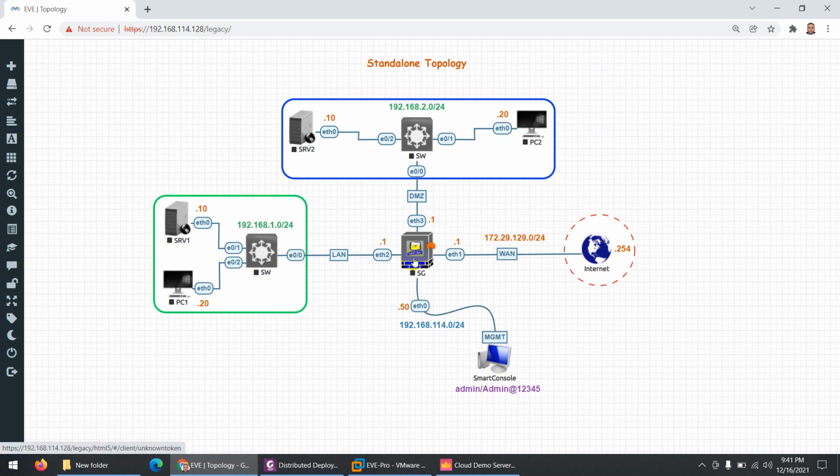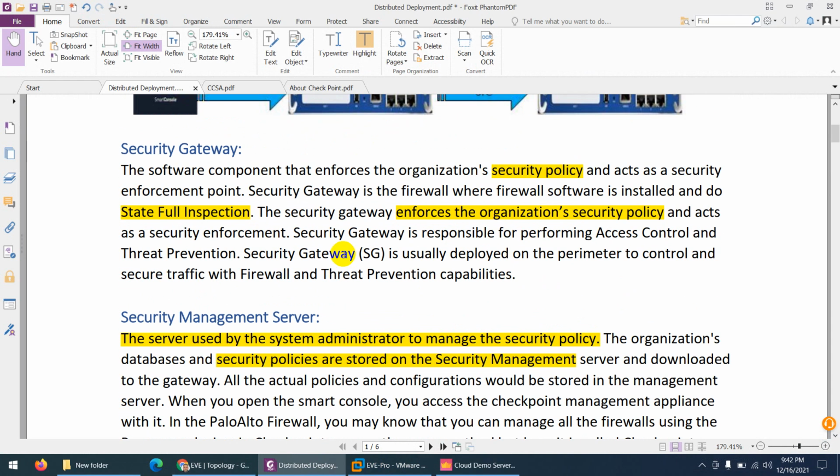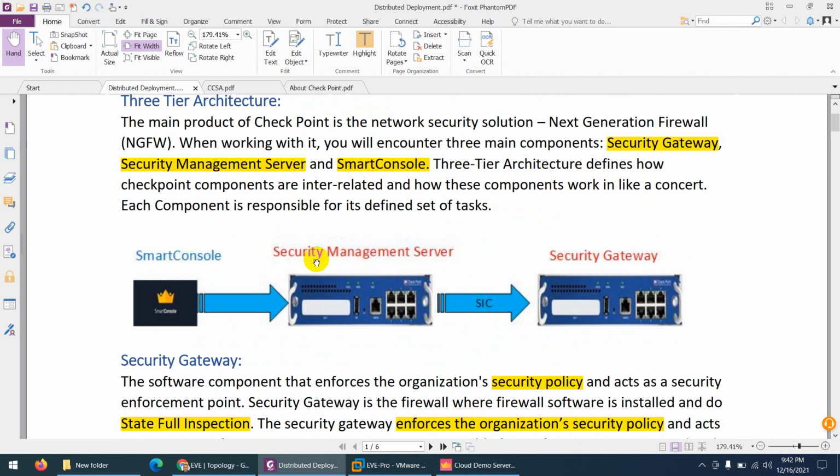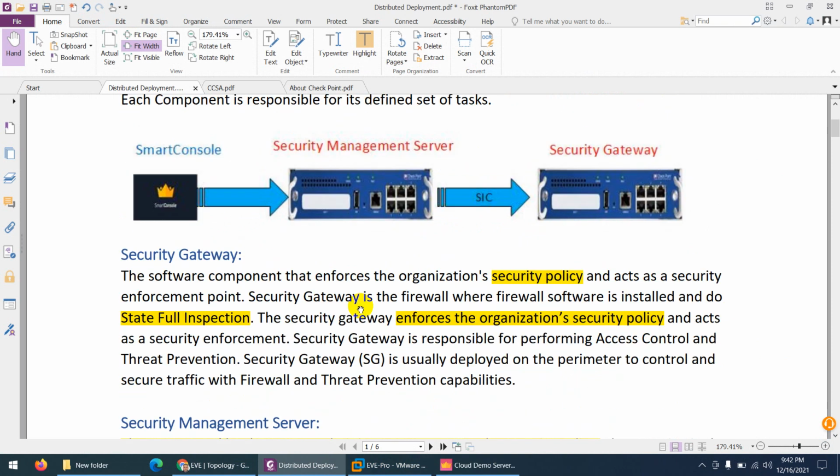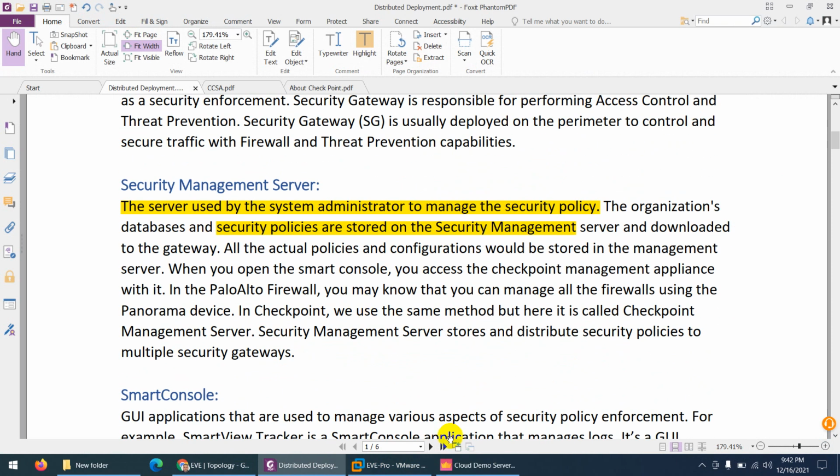From here I can access security gateway and security management, because this is a standalone, so you can install both things in one box as well. You can install security management and security gateway in one box, and also in separate boxes, which we will discuss a bit later, but just to tell you.